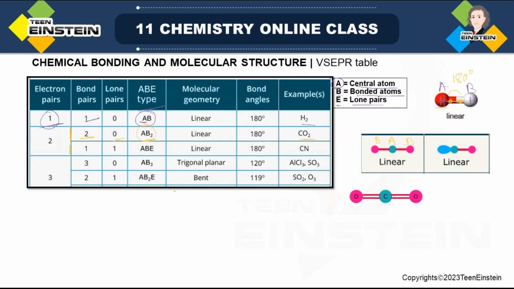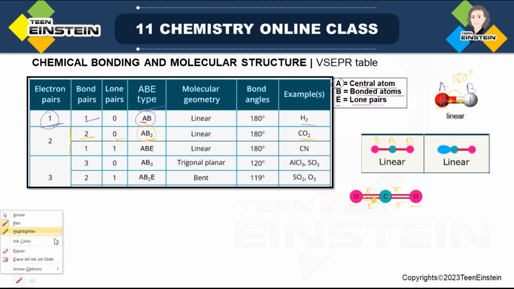These two pink atoms are B, the central one, the blue one, is A. So you can consider as if A is carbon and these two are oxygen. Now here, though it is true that double bonds are present, but one is pi, another one is sigma, you can focus only on sigma. Though it is a double bond, it will take more space, that is true, but it is just like as you have seen in case of hydrogen, it will be treated as single bond. Now carbon, if you consider the number of electron pair, two electron pair, this is one electron pair,